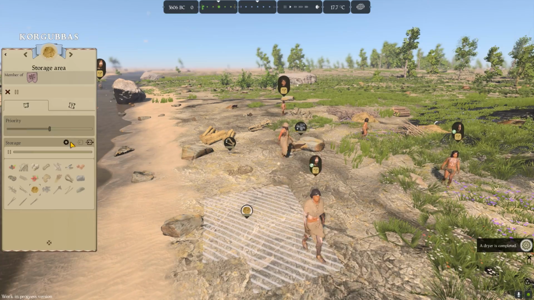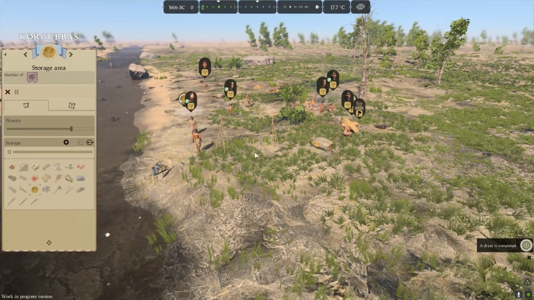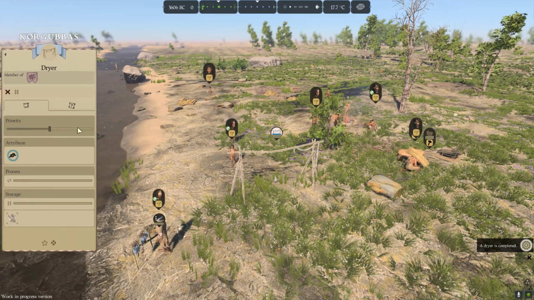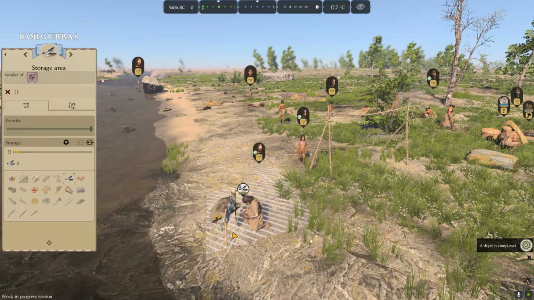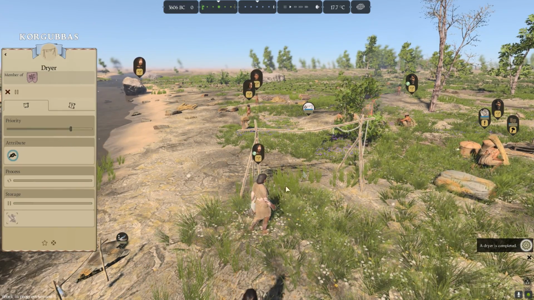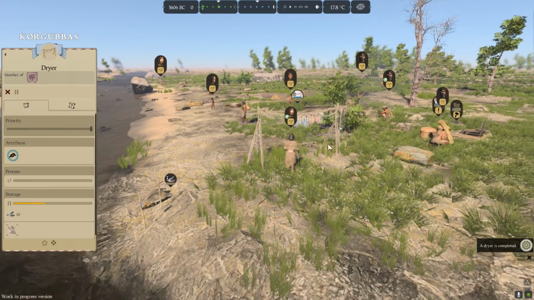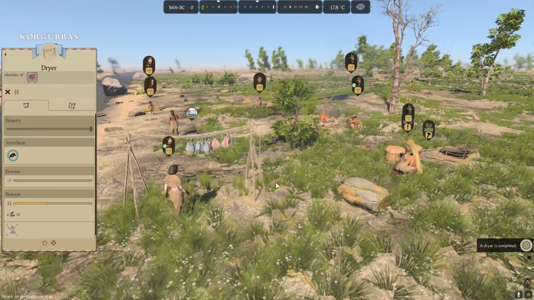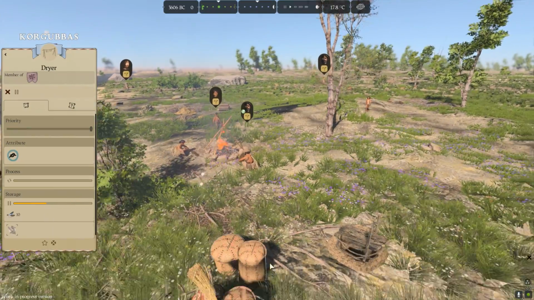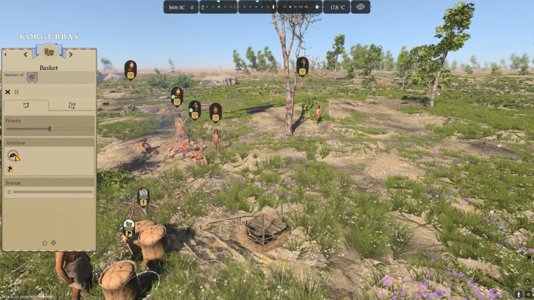Here it is. Okay, let's increase the priority. We have our dryer. Good. And here we start to have a lot of fishes. So instead of eating the fishes, I want you to make sure you send your fishes to the dryer. Let's increase the priority here. Okay, good. It's already almost at half capacity, but this way we'll start to build our storages and stocks of fishes